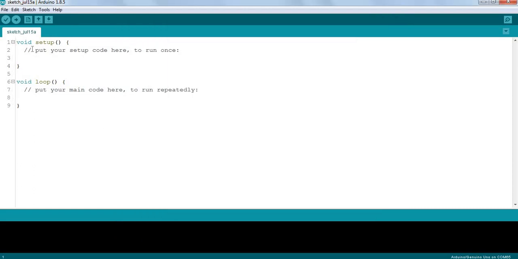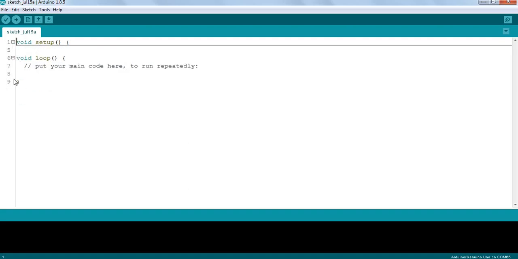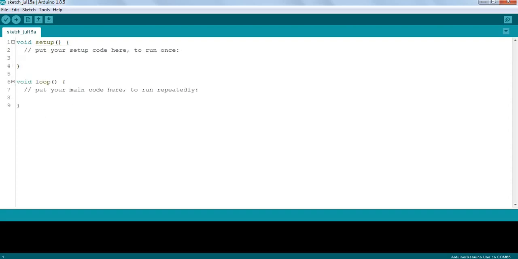So if you see here, now this void setup is one module. So I can fold that. This void loop is another module. I can fold that. So whenever we do programs, we will have different modules. We can fold them, and that helps when our program is too big and we want to debug, or we want to find if there are any errors. We want to understand the program. It helps when the program is very big.